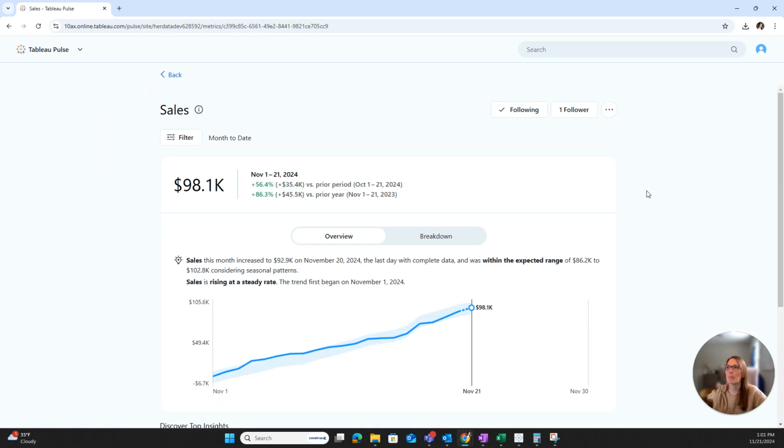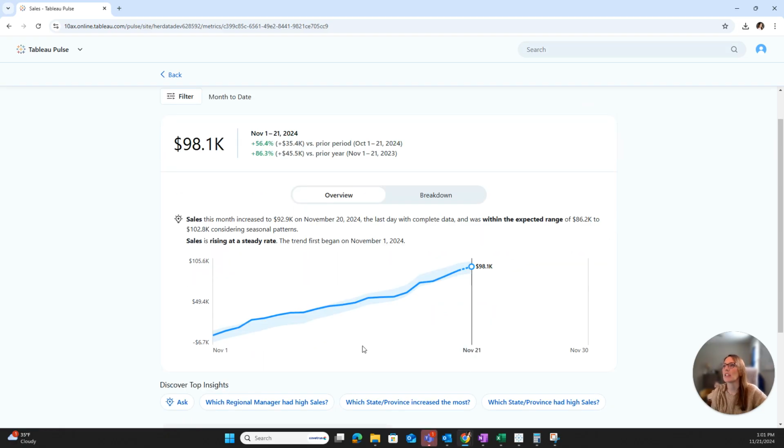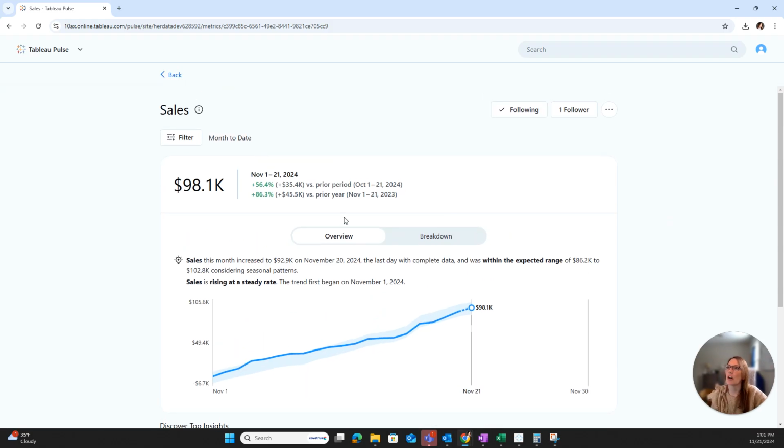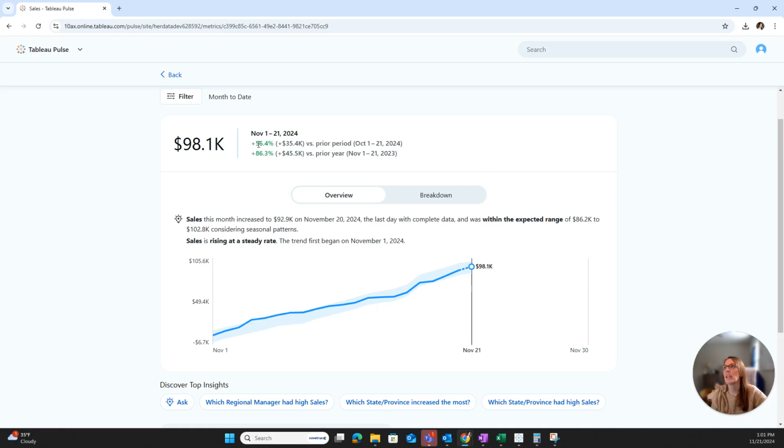So for this one, I'm connected to Tableau Superstore data that anybody with a Tableau license would have access to, and I'm looking at sales. So sales across the various different time periods. If I click within any of these cards, there's various different ways to look at any metric. You get the overview, which has a nice little summary section here. It's going to compare the current sales for the month of November, so month to date, against the prior period, which would be October, and then prior year, same period. So November 1st through 21st of last year,